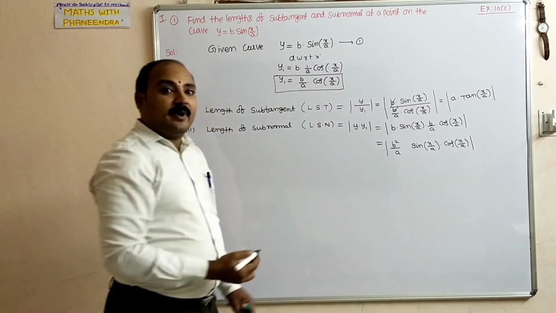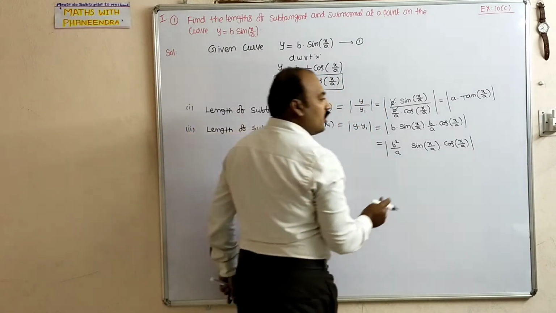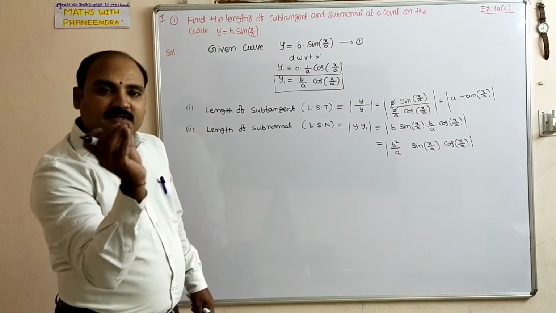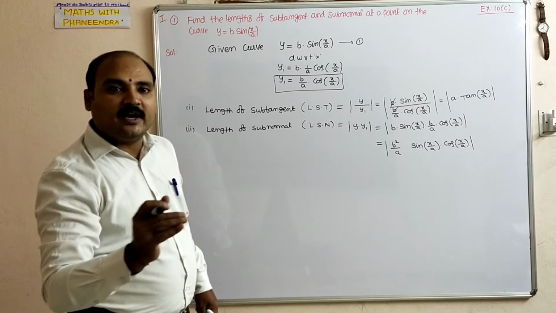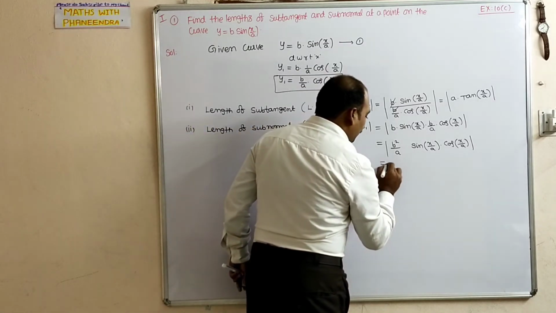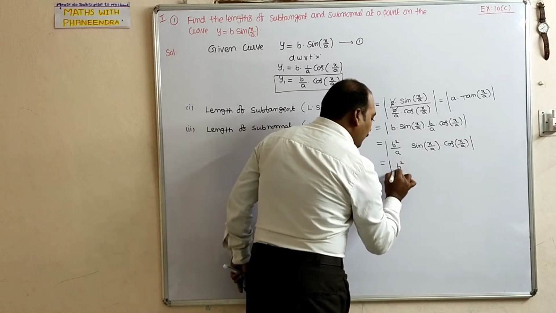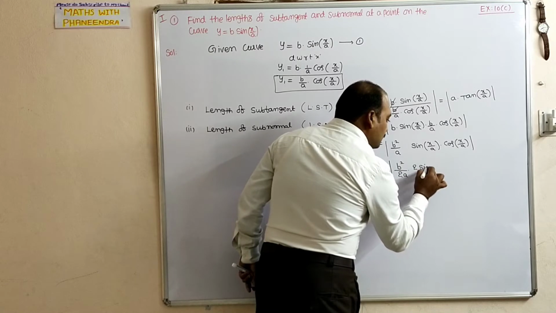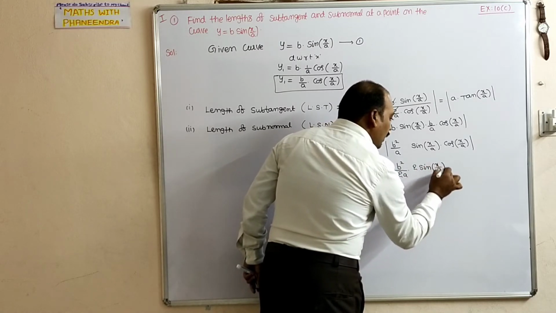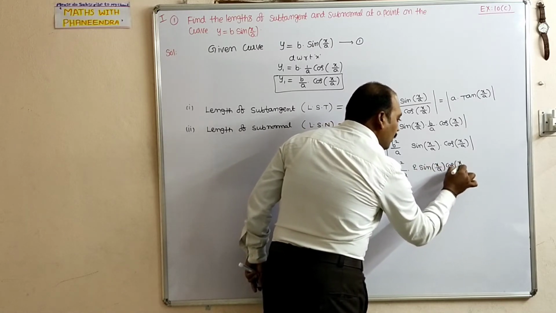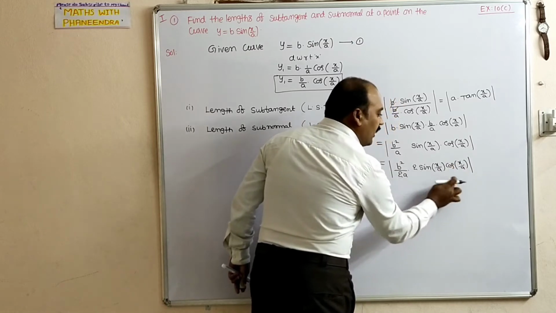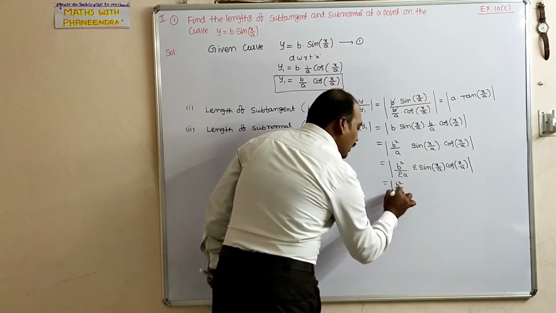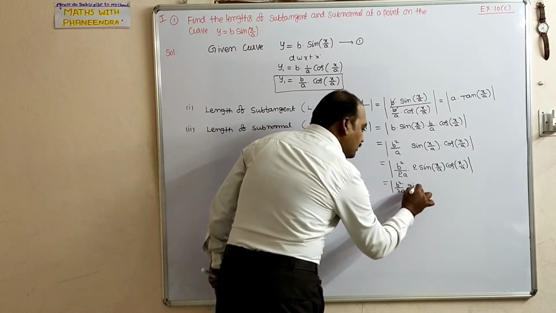We can leave it here, but we need to get a formula form. Whenever sin x cos x with the same values is there, to get the sin 2x formula, we need to multiply and divide by 2. So here, mod b square, multiplying and dividing by 2, sin of x by a into cos of x by a. Now it is in the form of 2 sin a cos a, which is sin 2a, which is equal to mod b square by 2a into sin 2x by a.